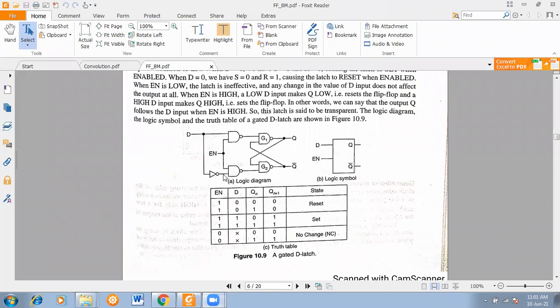When D is equal to 1, now you can think the upper gate will be 1 and the lower gate getting the 0 output. So 1 0 combination, similar kind of SR flip-flop. S is equal to 1, R is equal to 0. And you know that S is equal to 1, R is equal to 0 gives Q is equal to 1. So Q is equal to 1. So that is called set state. So reset and set, these two states we can have in the case of D flip-flop.